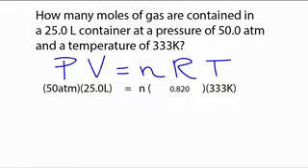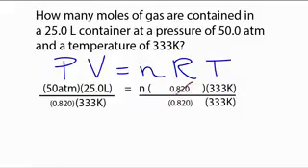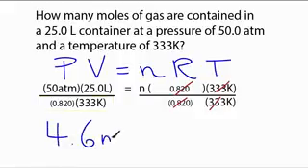Now to solve and get n by itself, I'll just divide both sides by 0.820 times 333 Kelvin. So these terms cancel out, and we're left with n by itself. We take 50 times 25 and divide that quantity by the 0.820 times the 333. That would give us 4.6 moles, which would equal